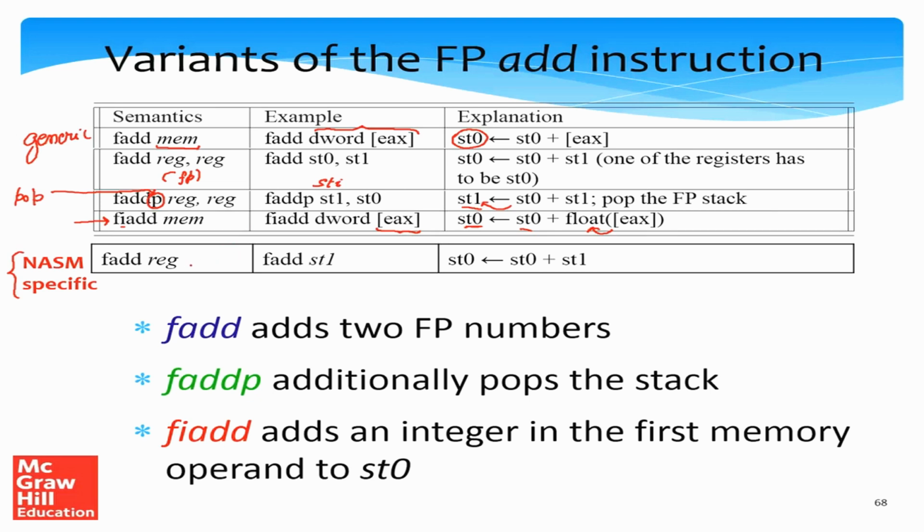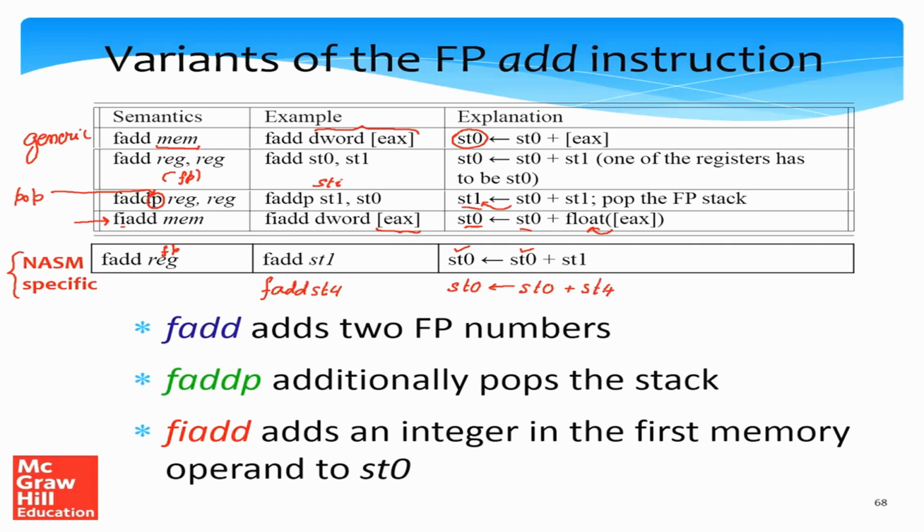There's nothing wrong in it. This format is a one address format instruction where the only operand that FADD takes is a floating point register. So for example, FADD ST1. So here the default second source is ST0 and the default destination is ST0. So we could have very well written FADD ST4. So the effect that this would have had is ST0 is ST0 plus